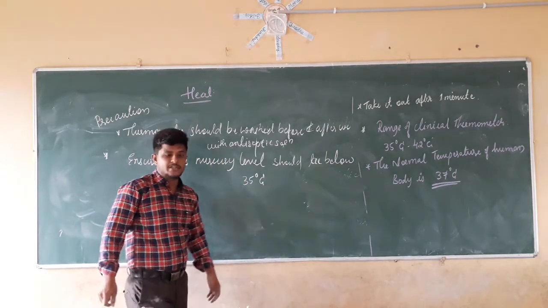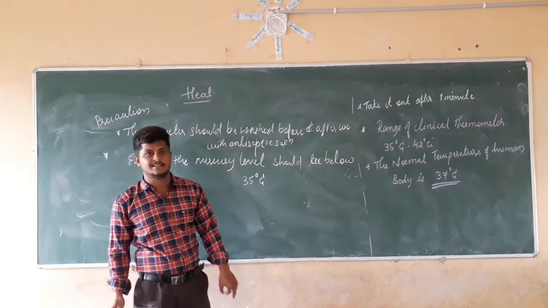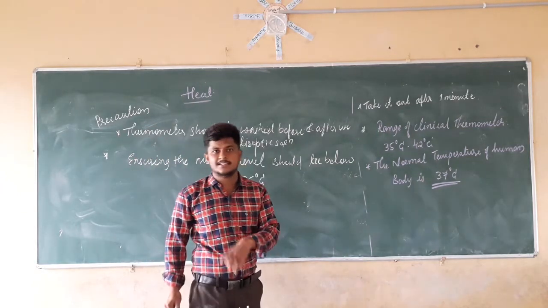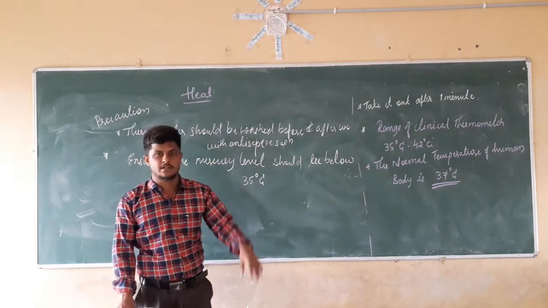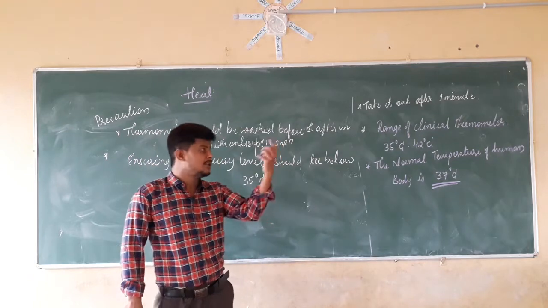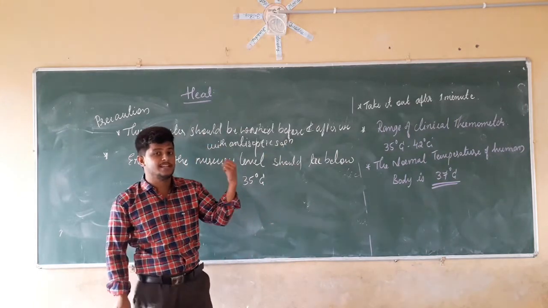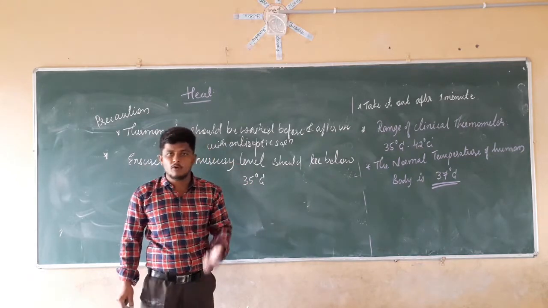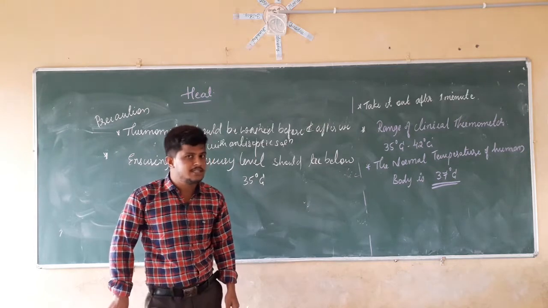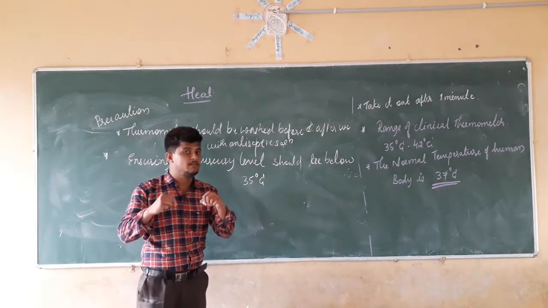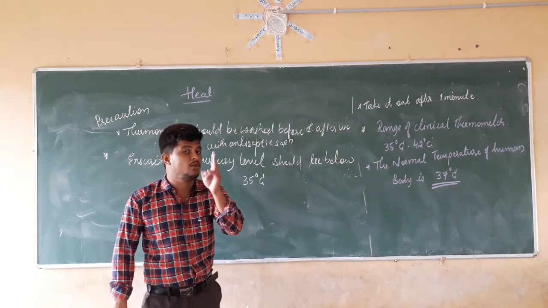If I am going to check my body temperature and it is 36 degrees Celsius, in reality it is 36 or 37 degrees Celsius, right? I am not suffering from any fever. But the thermometer already shows 30 degrees Celsius, and I directly use it and put it in my mouth to check my body temperature. What value is it going to show? It is going to show 38 degrees Celsius. But actually what is my body temperature? 37 degrees Celsius. There is a variation in body temperature.